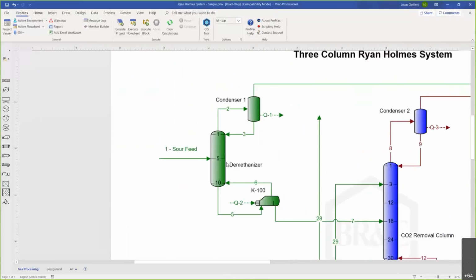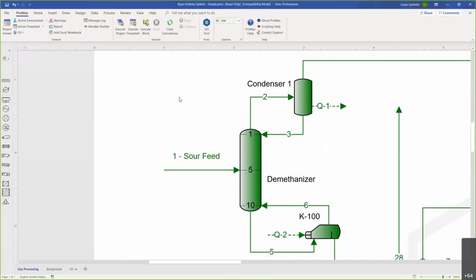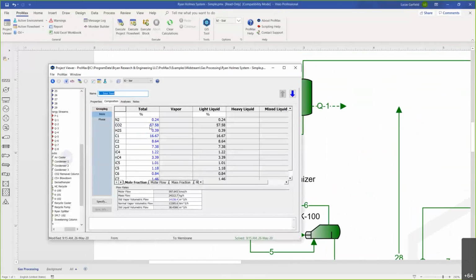So I've got an example up here, and I've got some other columns. But first, I want to just focus on the demethanizer. Let's take a look at it. Let's take a look at our feed. Our feed's composition is a little bit different than in our previous examples. Here we've got about 60% CO2, so we've got a lot of CO2,